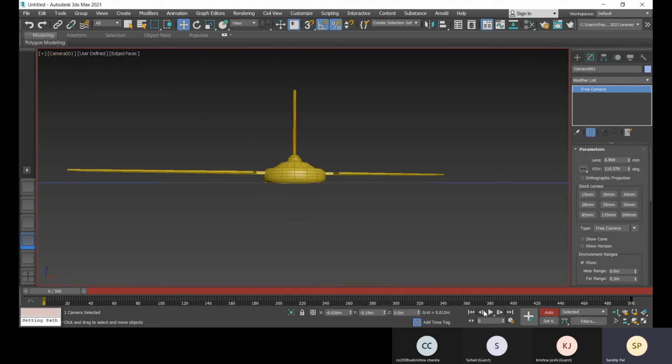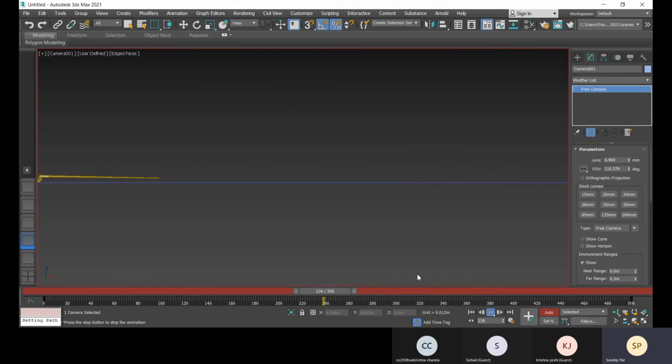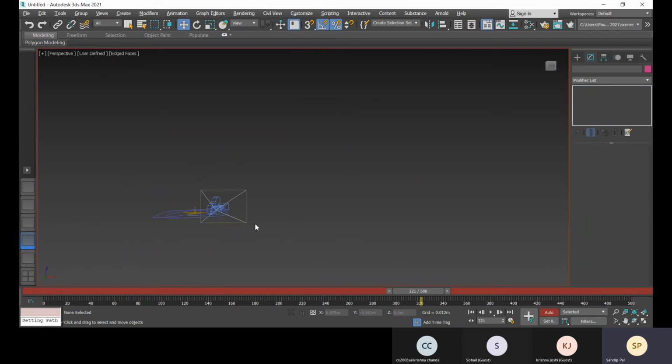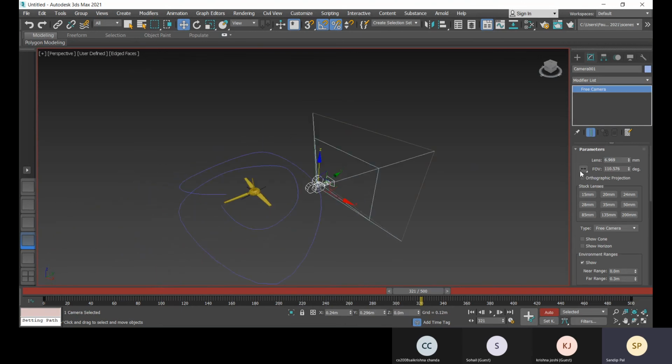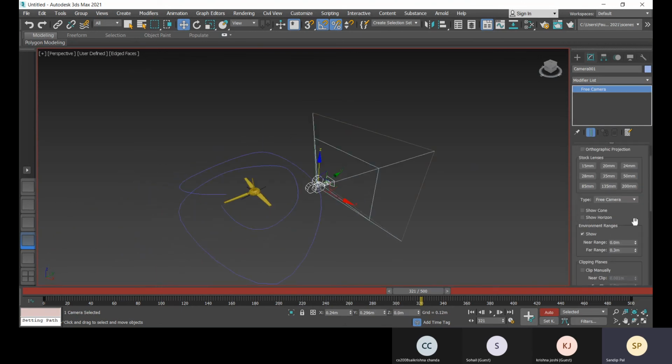And now what you have to do is play the animation. So along with that camera movement, you can switch from the perspective. Here you can see, even after that, this is set as a target camera.